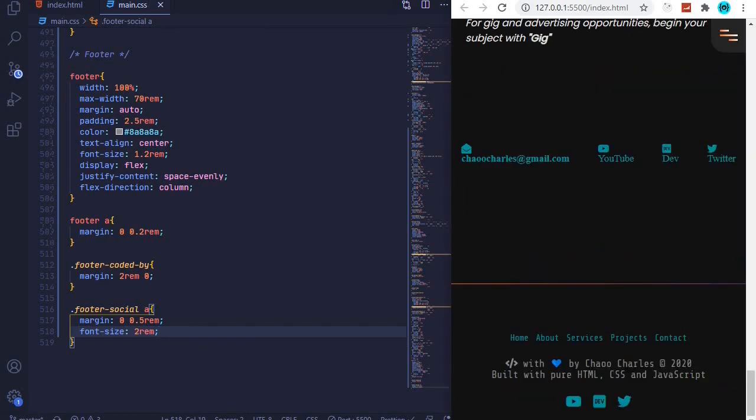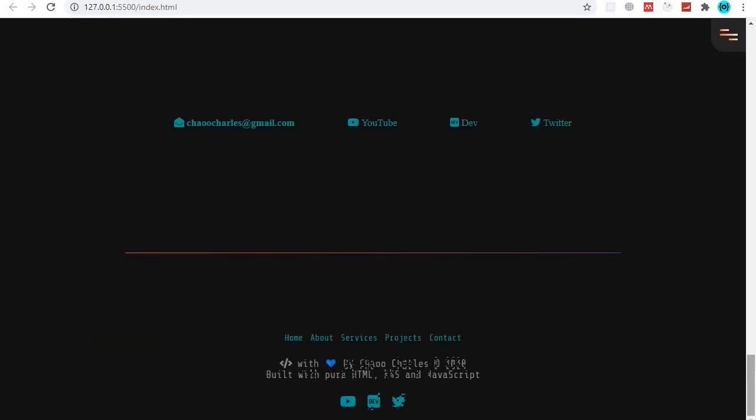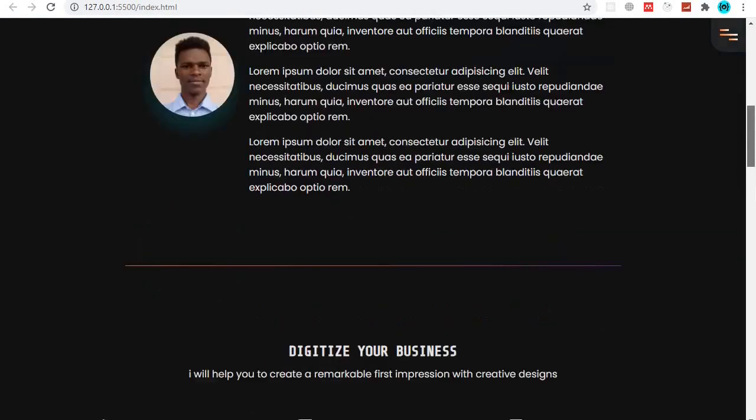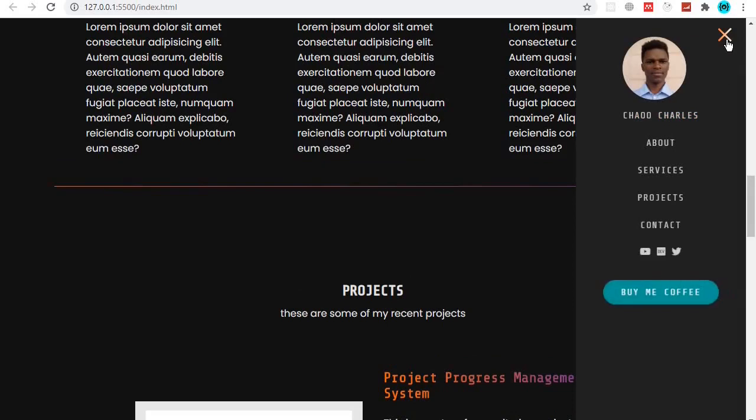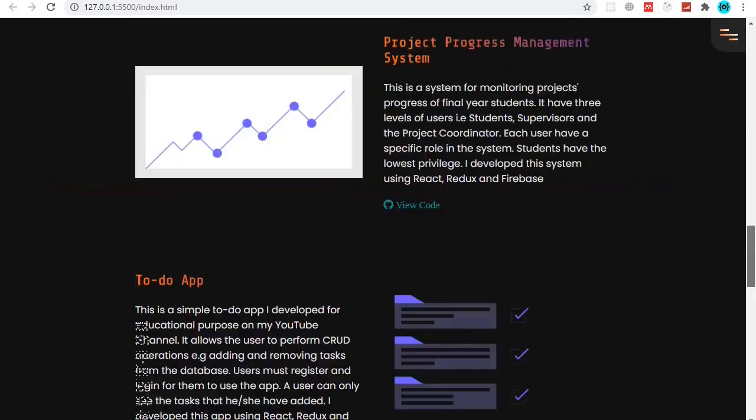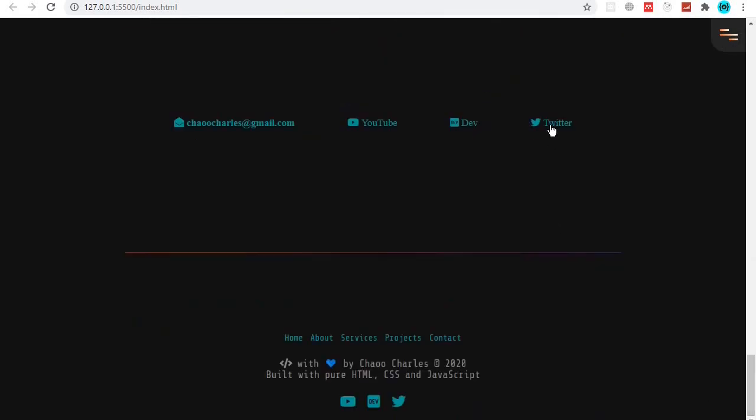So if I scroll at the bottom, they are now much bigger. Now this is what we have. And then there is one thing that I have realized. We don't have a hover effect on our links here, so you can add a color or a hover effect on these links, and